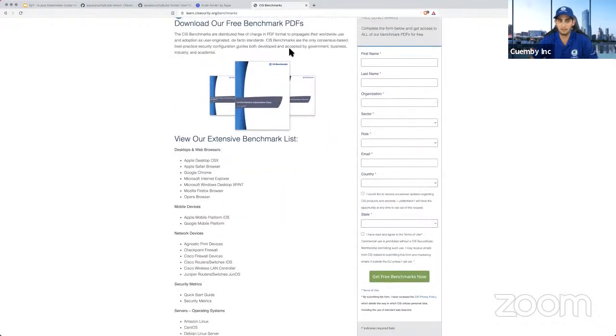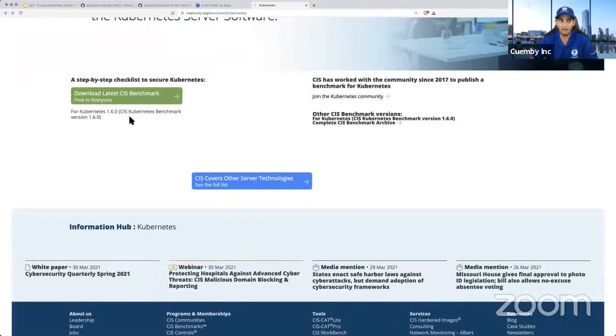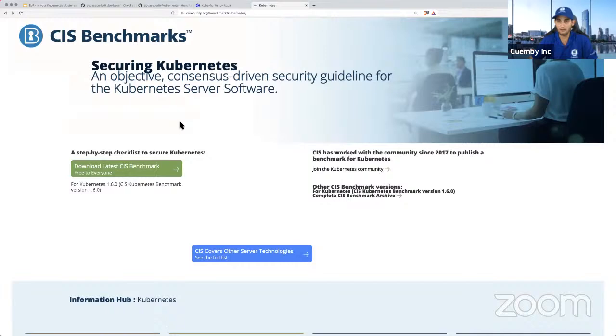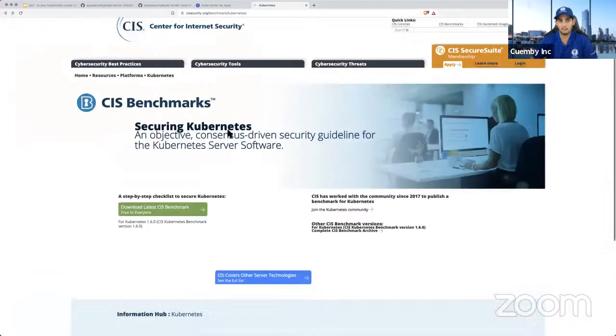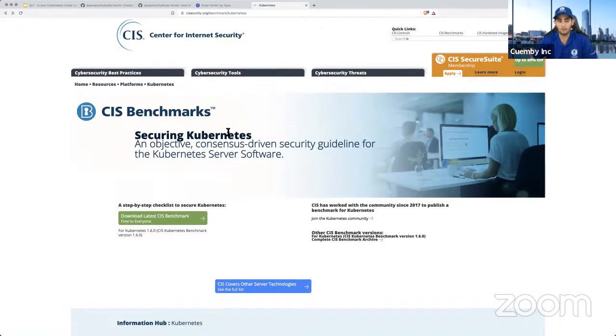Once you do, you get a file with all the benchmark and security rules that you should follow for Kubernetes. And that is divided into multiple cloud providers, which I'm going to show you next. It's pretty interesting, because that basically gives you a baseline.